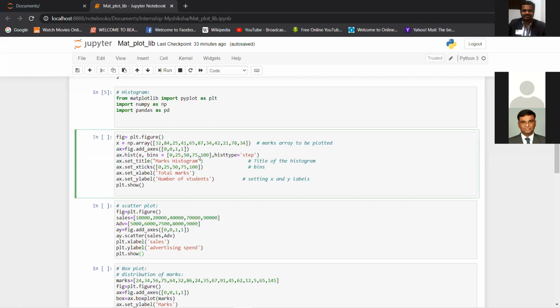If you want to visualize data which is continuous, with values in decimals like 10.23, 11.34, it becomes very difficult to visualize that in a bar graph. And if you want to see how many times each value has come in the data, how many times it has repeated, that's when you use a histogram. It's a frequency distribution.